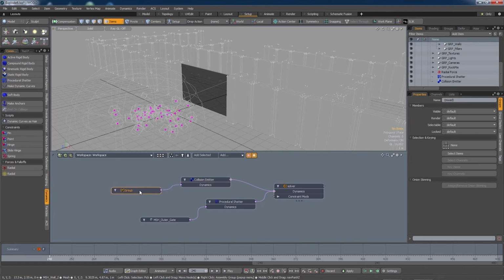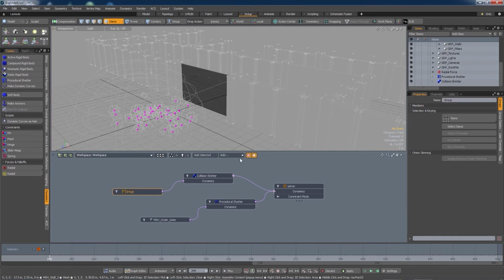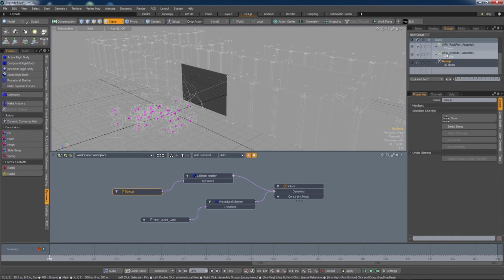And you'll see that it's driven by this group here. What Modo has done is it's created a group, and in this group are all of the objects that we selected when we created the Emit on collision object. What we would like in this scene also is for the shards from the procedural shatter to be involved in the Emit on collision. Now we couldn't add those directly, but what we can do is select the group,